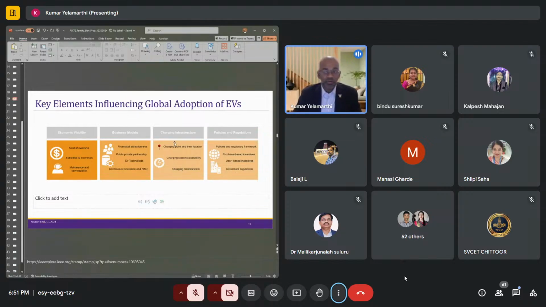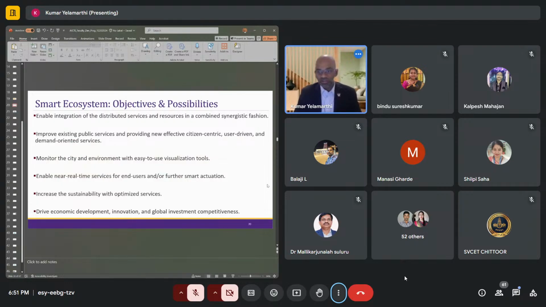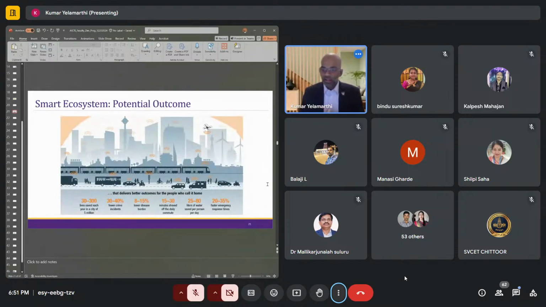So we need to think about how to set up this charging infrastructure. And also policies. The government has to come in and set up different procedures. So how do you balance that? There are different aspects. I'm going to move a little forward quickly because we have only a little time. So if you balance the smart grid, the vehicles, the infrastructure, and the governance, all of this, think about this for a second.